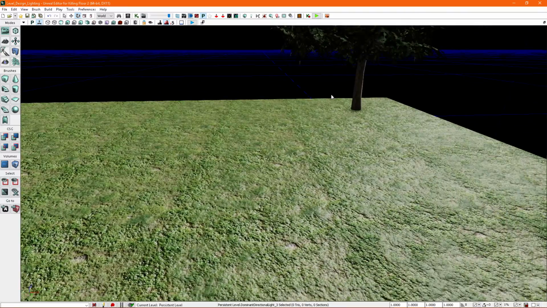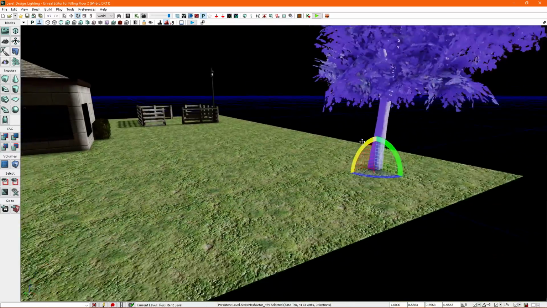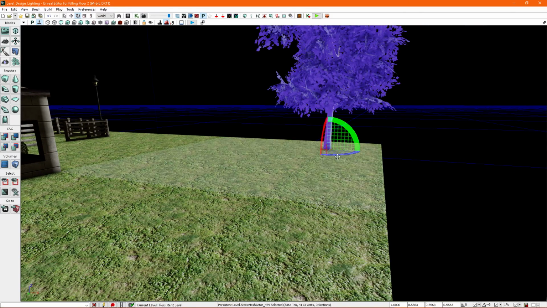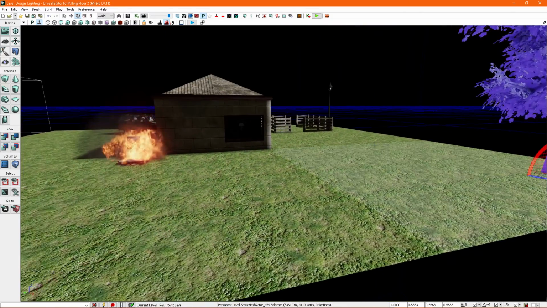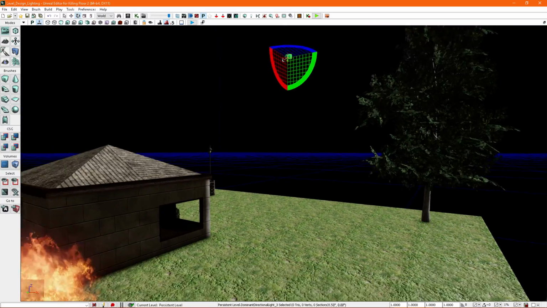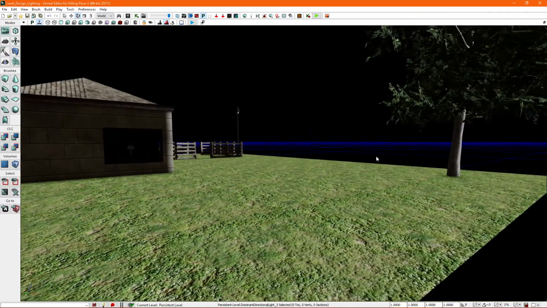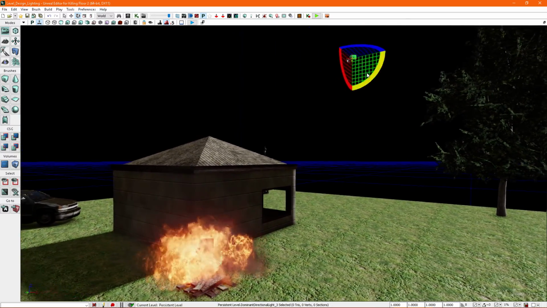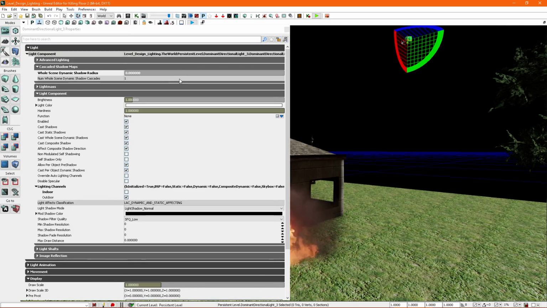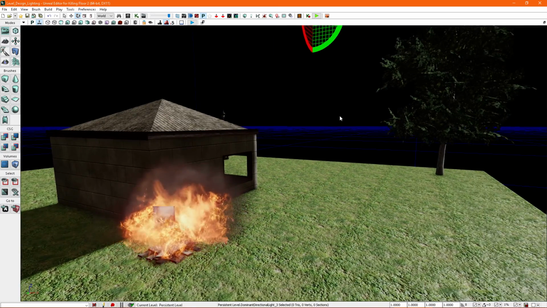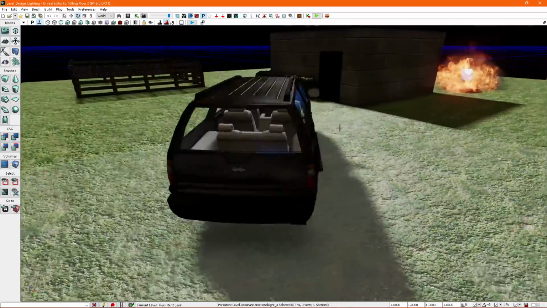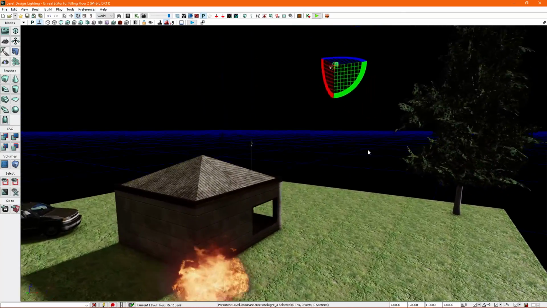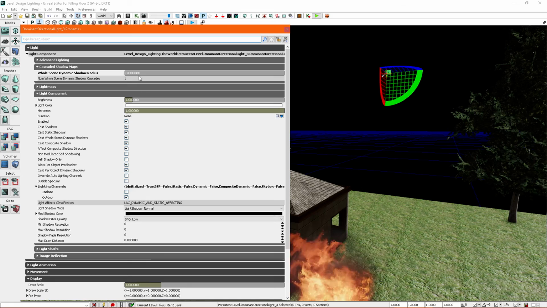And this really does kind of depend on what kind of map you're making, because as you can see, this tree doesn't cast any shadows at all. And that's because there are certain meshes that just don't cast static shadows. So if you remove the dynamic shadows of your dominant light, you may end up with certain meshes not casting any shadows. But it is a big performance increase to do this. Having your dominant directional light not cast dynamic shadows is a big performance increase. And the static shadows still look good. You still have static shadows. So you kind of have to make up your mind what you want to do in terms of shadows with